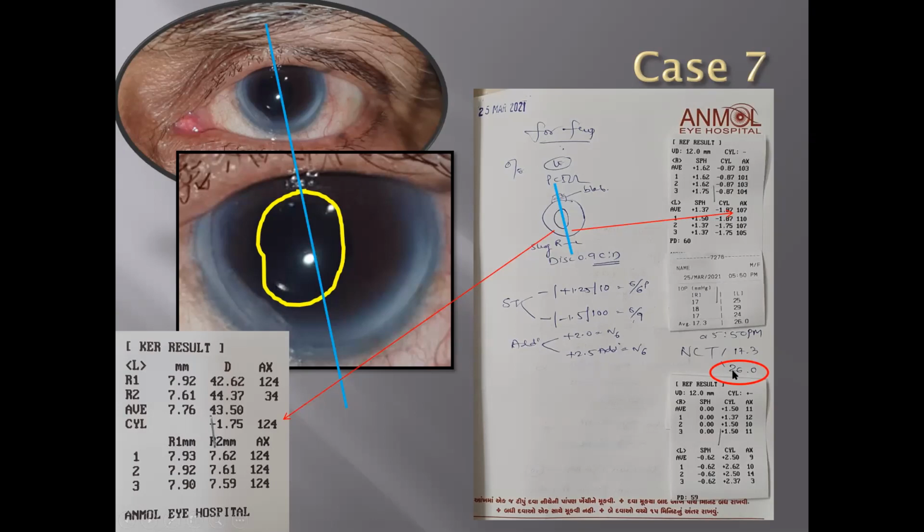But the patient has intraocular pressure of 26 millimeter of mercury,